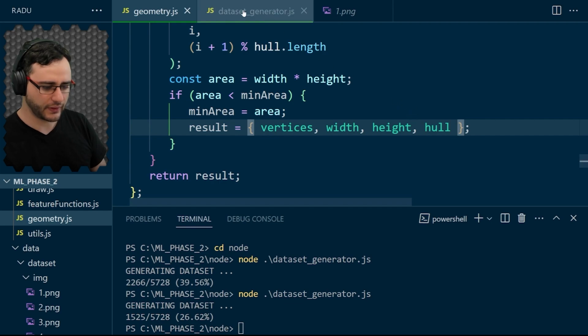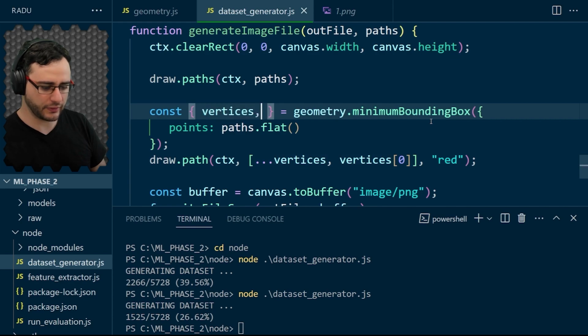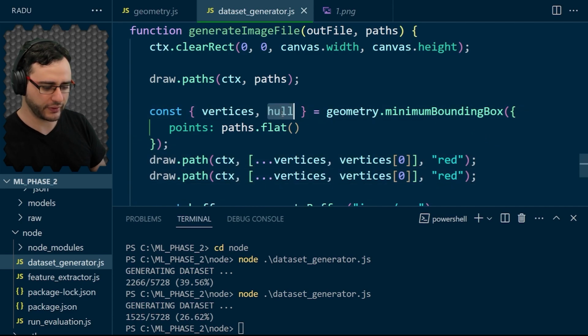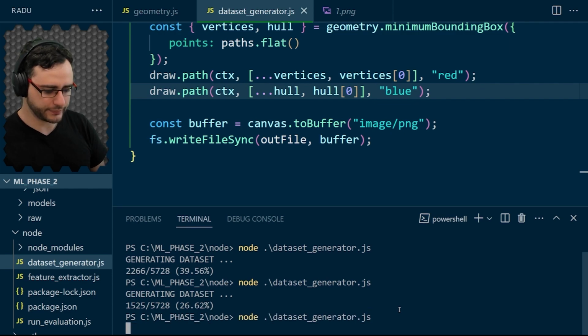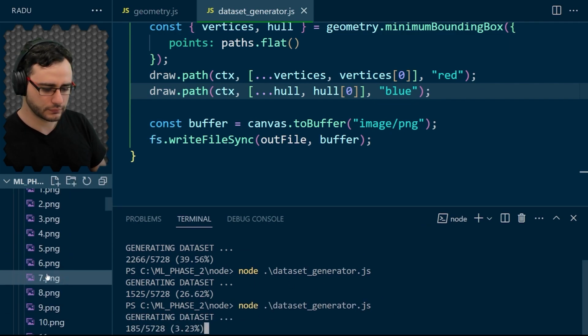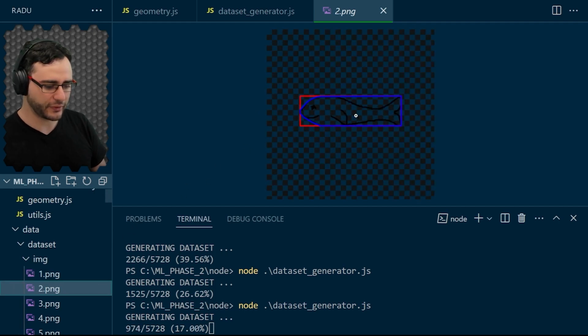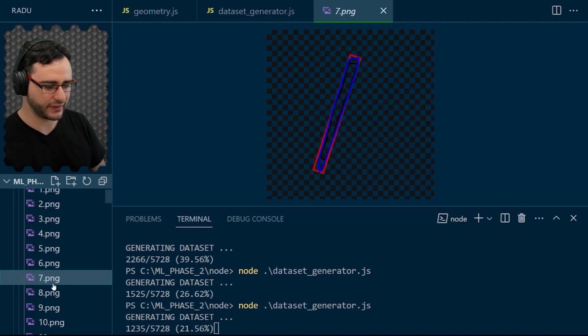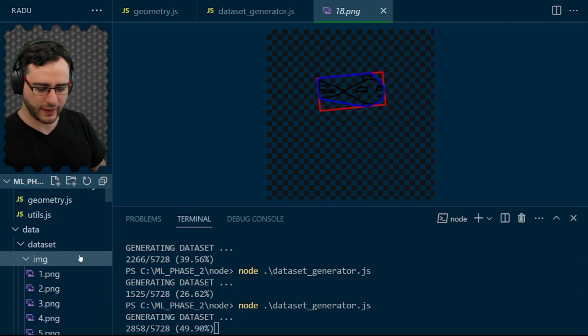Let's save this file, and back in dataset generator, I'm going to also destructure here the hole that we are passing now, and I'm going to copy this one more time with hole here. And maybe let's put this color to blue. Let's try one more time. Now we can really debug what happens here and make sure that the bounding boxes and the convex holes are what we expect, really. While this is processing,